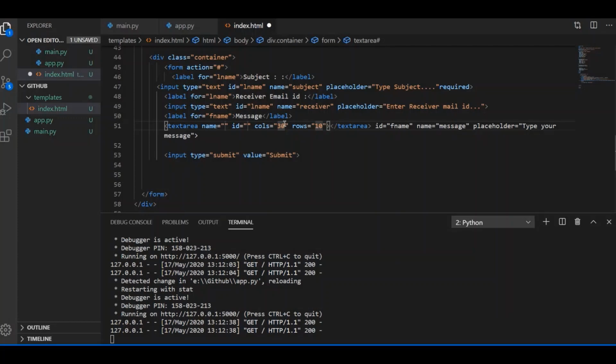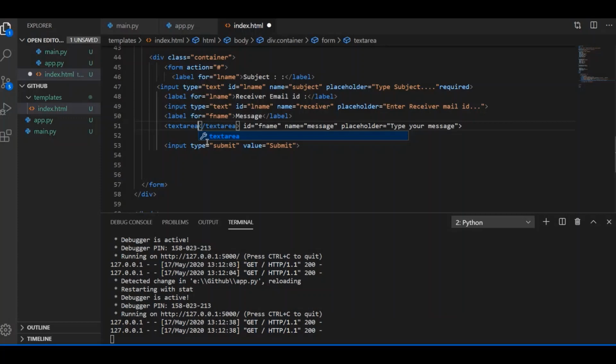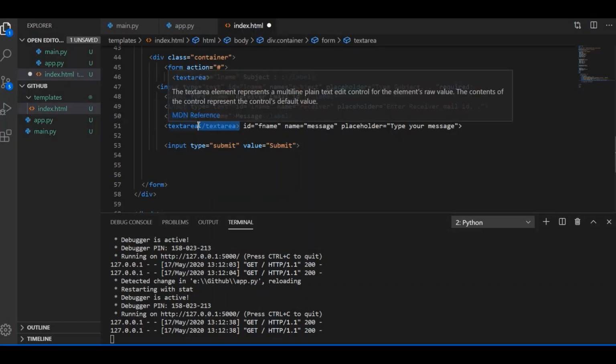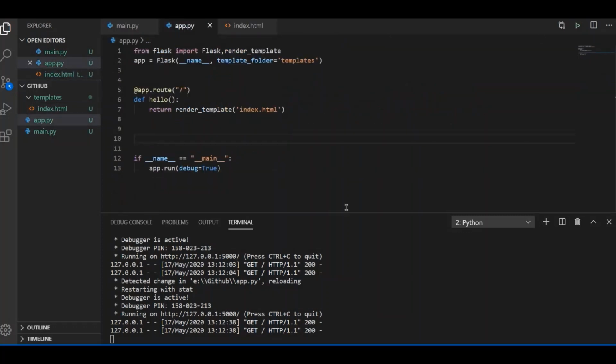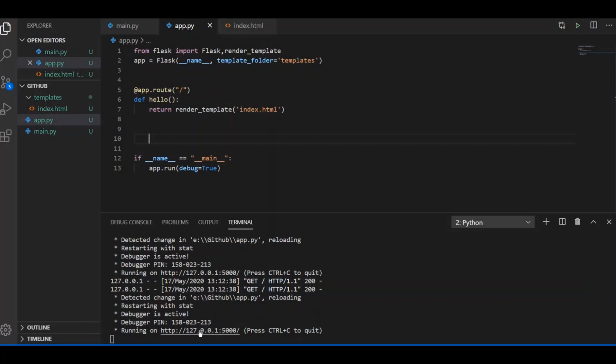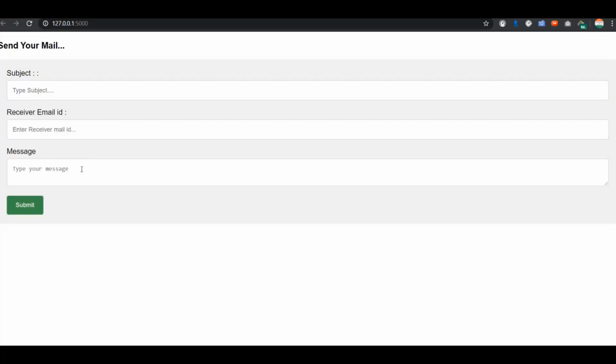I will remove all these things, cut it, and paste it here. Now let us see whether our message field is enlarged or not. So I will again run my application. Now it has been enlarged.